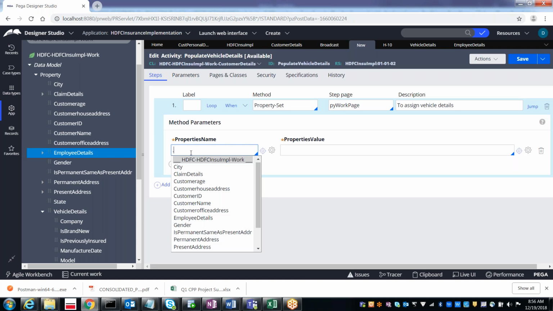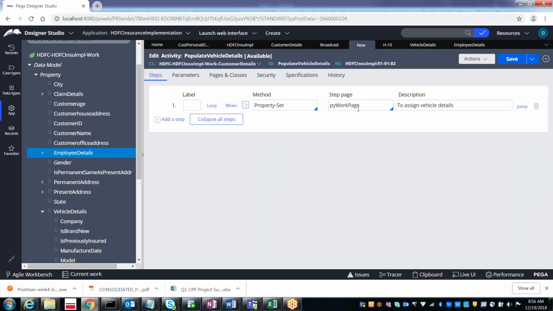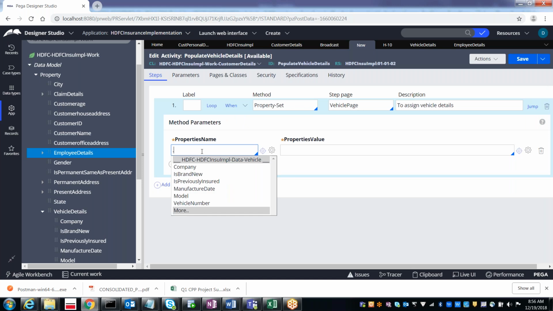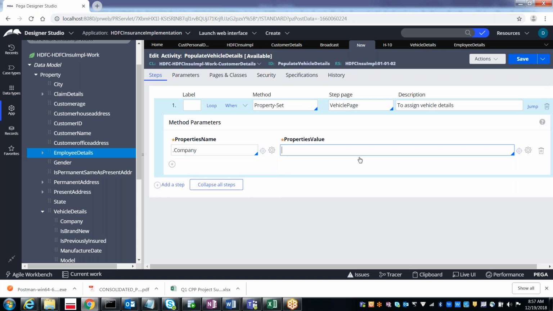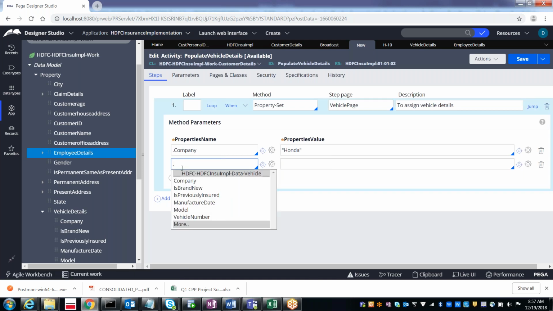Work class. As I wanted to set the values on the vehicle page, collapse it, change the step page, and then vehicle page. Now expand it, select the property, see, vehicle details only. The company, dot.